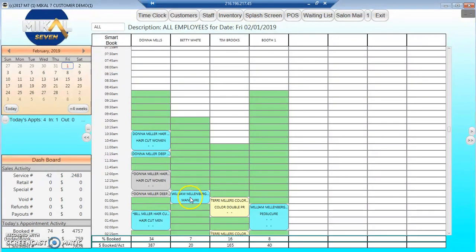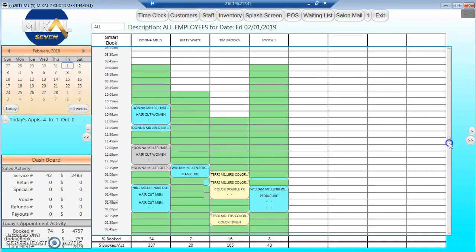And it's put the manicure back here with Betty White, and it's still kept the pedicure over here with booth number 1, which means whoever's available would take care of that, since we're getting kind of booked up down here through our services. You can also automatically squeeze 15-minute appointments in. The system's also smart enough when you do a booking to know that when you're booking a color service,